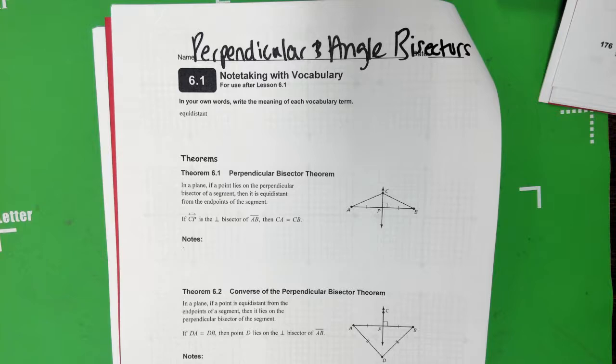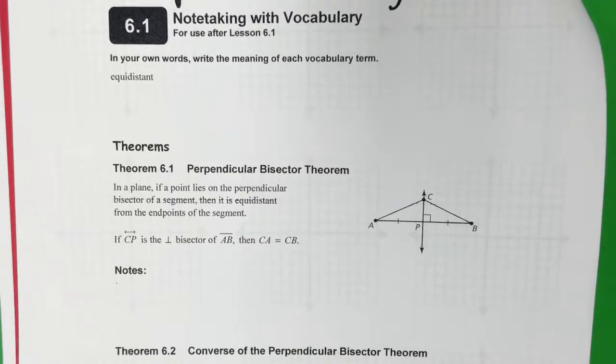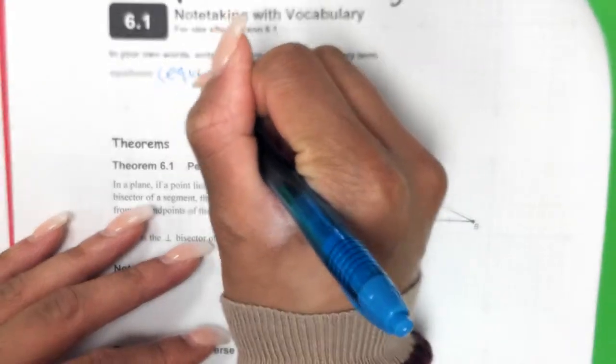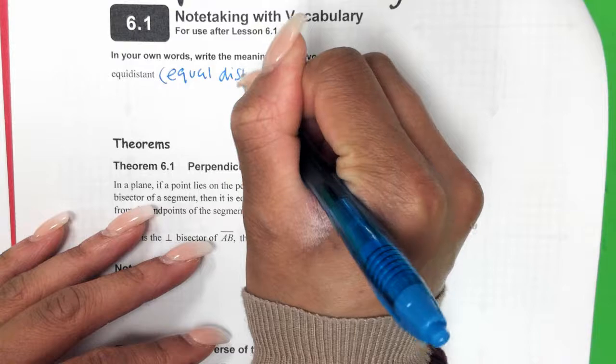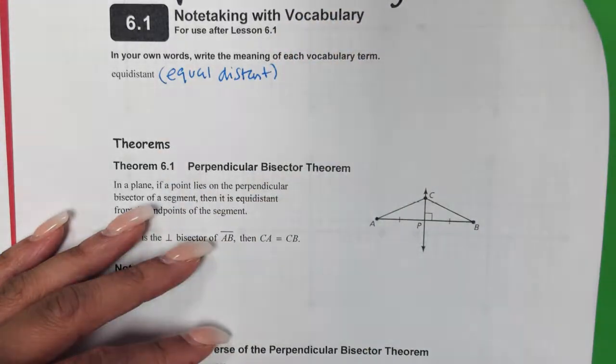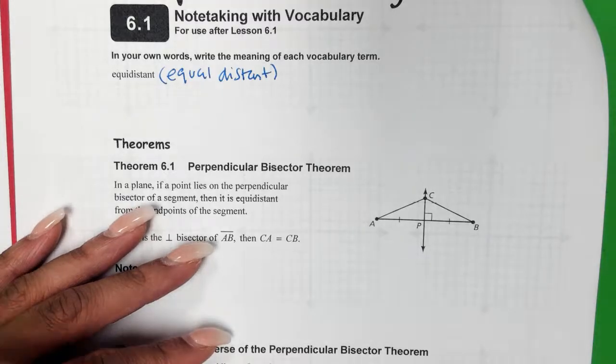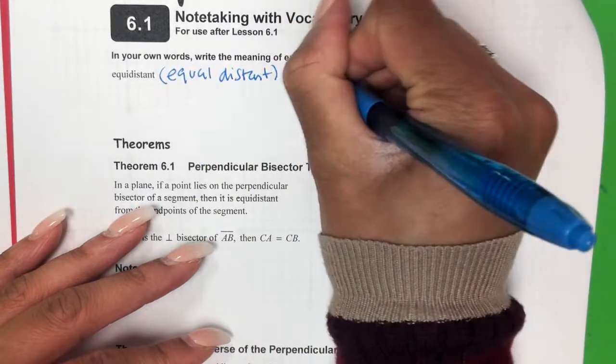So pardon me as I zoom in so you may see. And so I have the definition of equidistant. And equidistant actually sounds very similar to equal distance or equal distant. Okay. Textbook terms, equidistant means is where a point